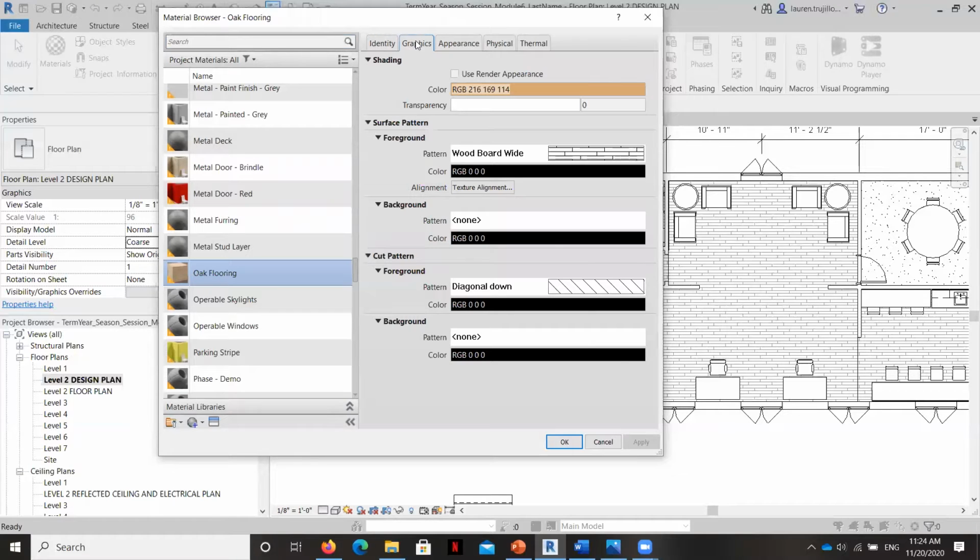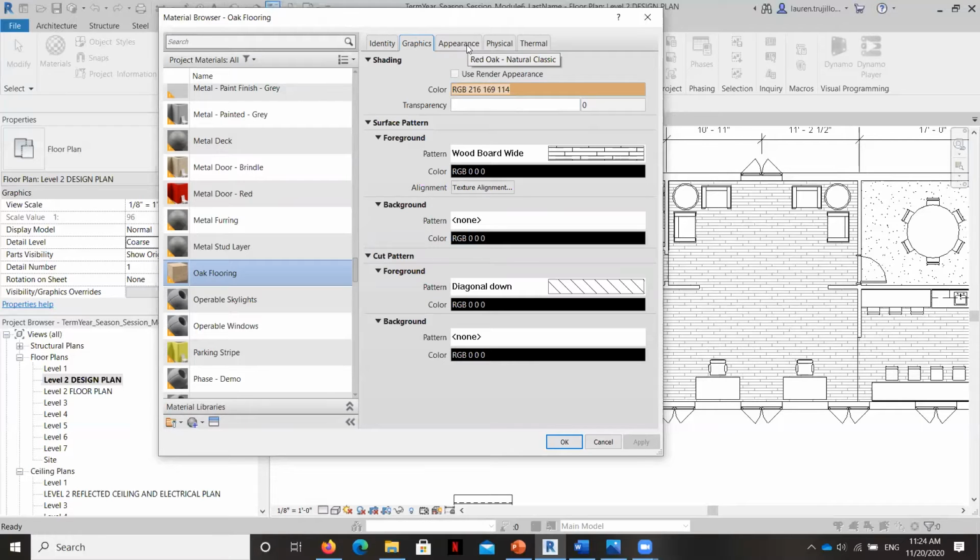You can go to the graphics tab, and this is how it's going to show in a quick graphic way, almost like a filled region. So it's really just kind of generic line work here. And you can see here it's showing as wood. If you cut through it, it's going to look like this. If you do a quick rendering, it's going to show this color.